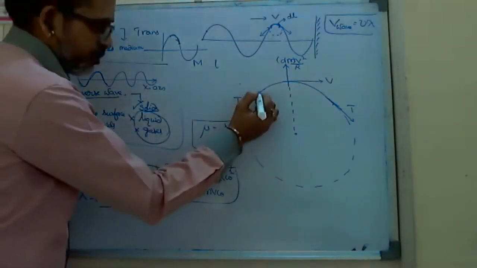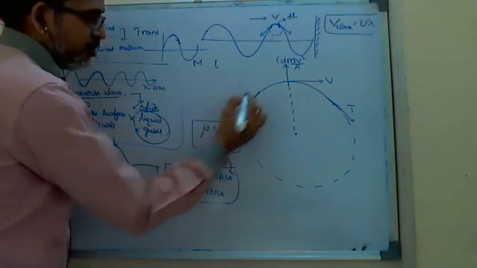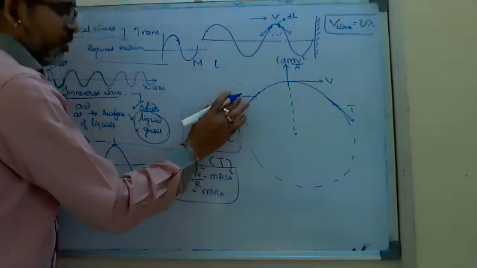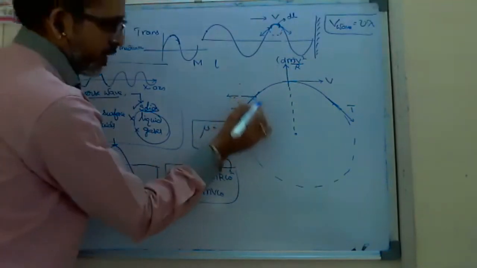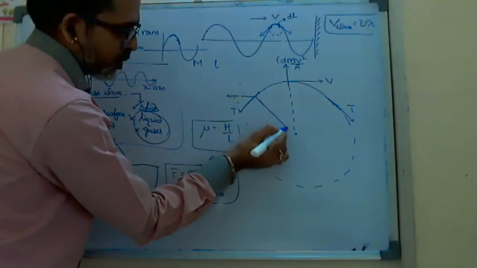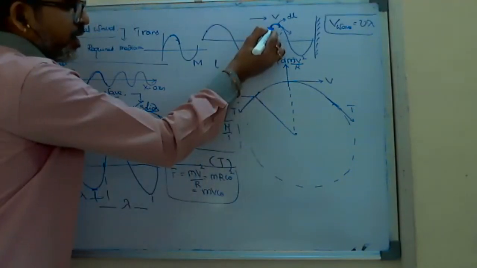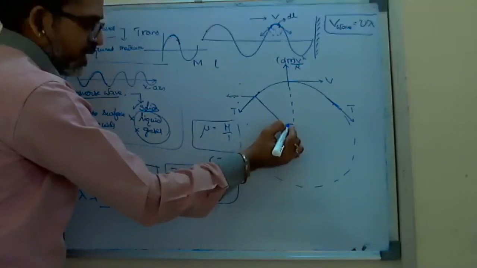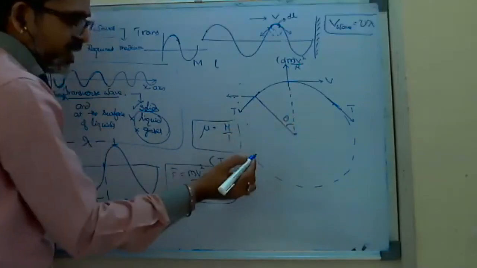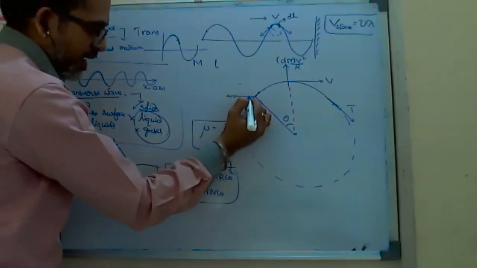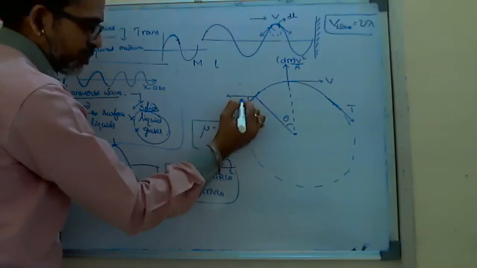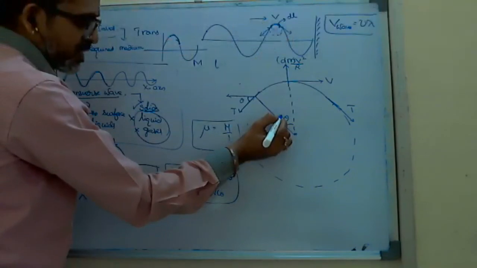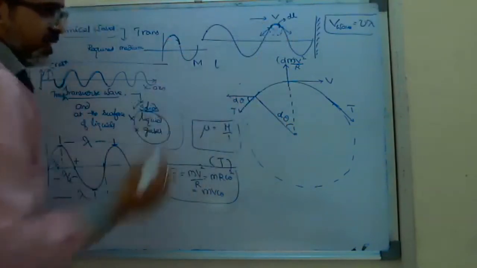If you see here, it is a tangent. Then suppose I take one horizontal line here, look at the end, this end towards the center. Here it is of course the radius. With the vertical line, if it makes an angle theta, then the angle made with the horizontal is also theta. I think you know that concept. Sir, that is a small part, better you take it as d theta, sir. Okay, as you wish, take it as d theta.